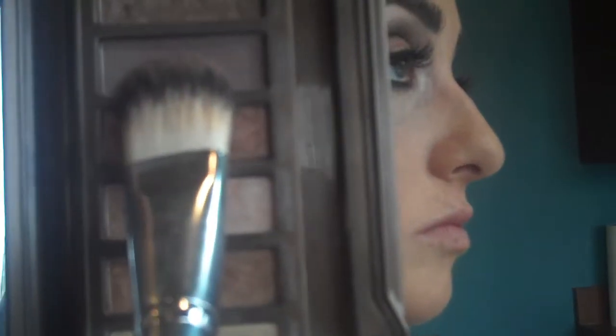And it looks awesome. Really, really easy, simple eye that you can do every day. Learn the technique and change up the colors. Always fun. One palette, super pigment. You'll love it. Okay guys, we're going to move on to enhancing the cheek and the rest of the face